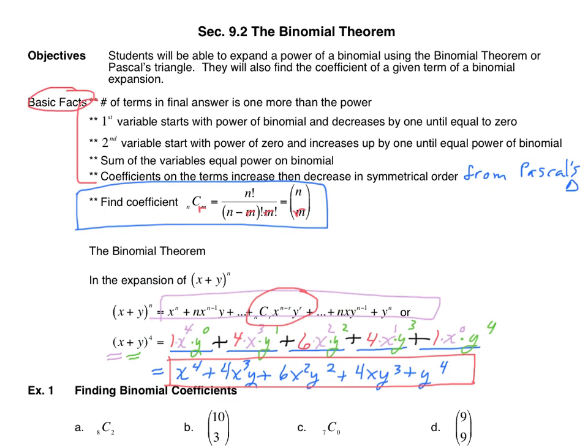So I'm going to take this right here, and we're going to find the coefficient of 6. I'm just going to prove to you that we could have done this for every single one of these 5 terms, and you're glad you didn't, because we used Pascal's triangle. So our n is 4, because that's the power that we're raising that binomial to. We already talked about why the r is 2. This changes for every one. This left part will stay the same, but this part changes for every term,